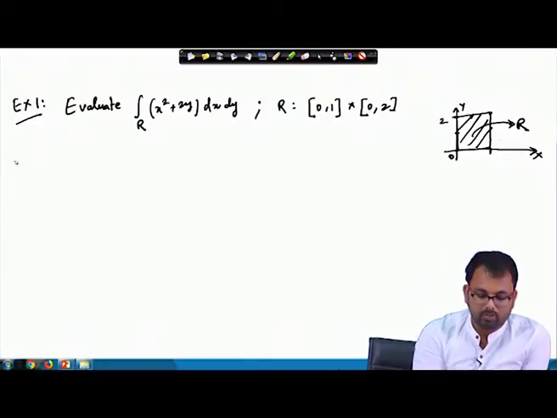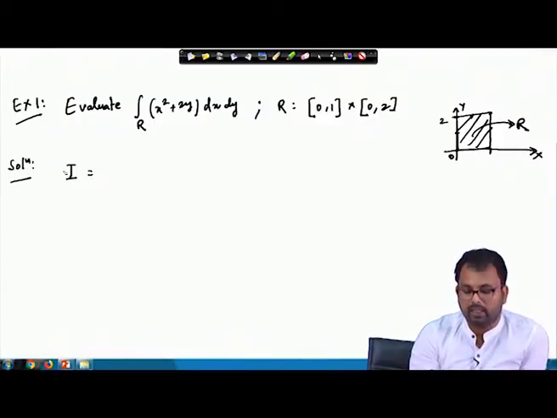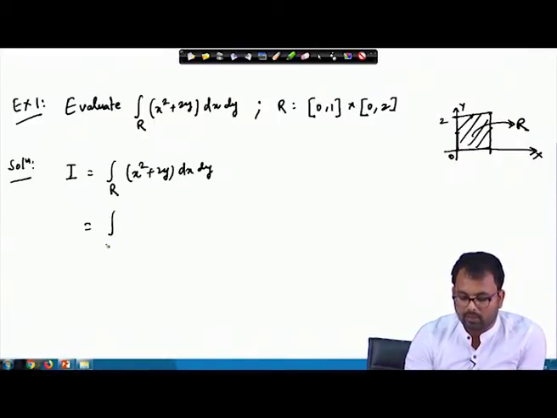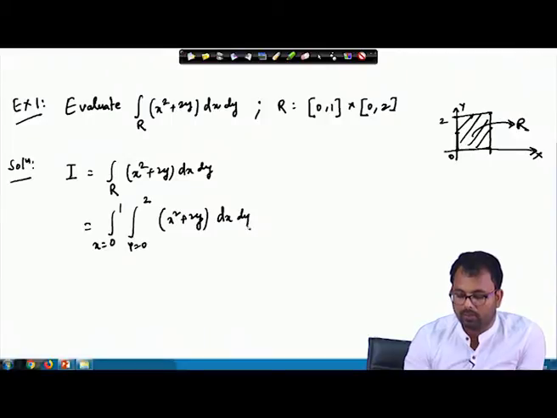All right. So, solution. Let us write I as integral over the rectangle R x square plus 2y dx dy. Now, I can write R as x running from 0 to 1, and then I will write integral from y running from 0 to 2 x square plus 2y dx dy. So, now what we would do, we would integrate with respect to y first, because here this is